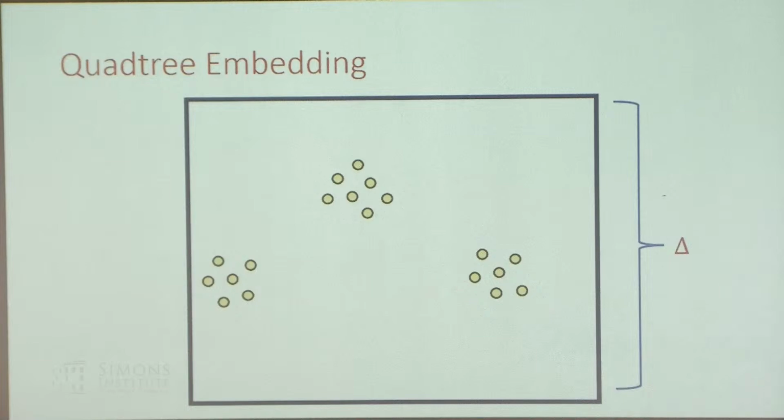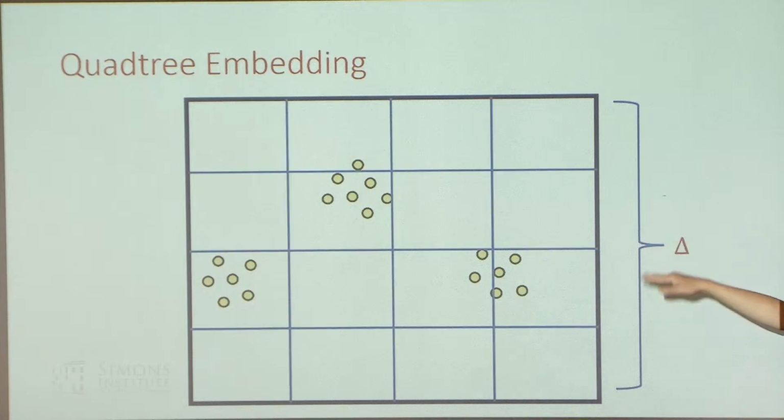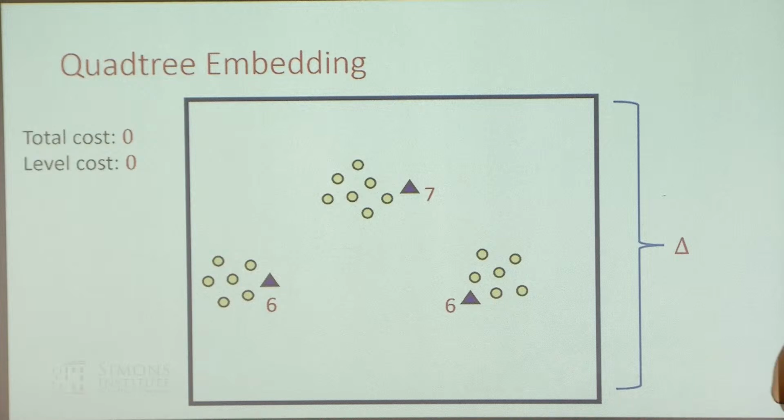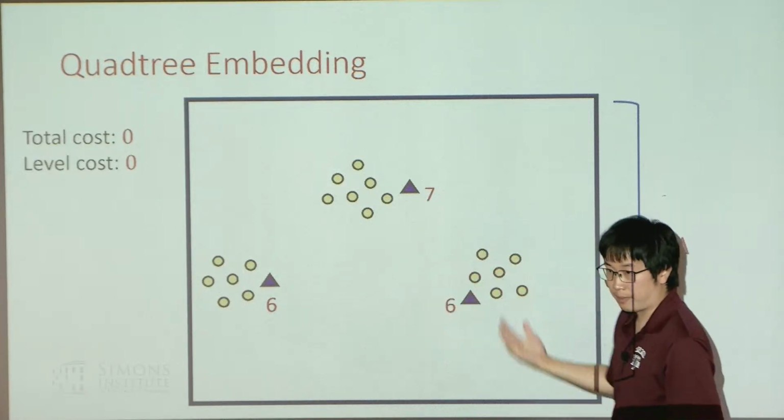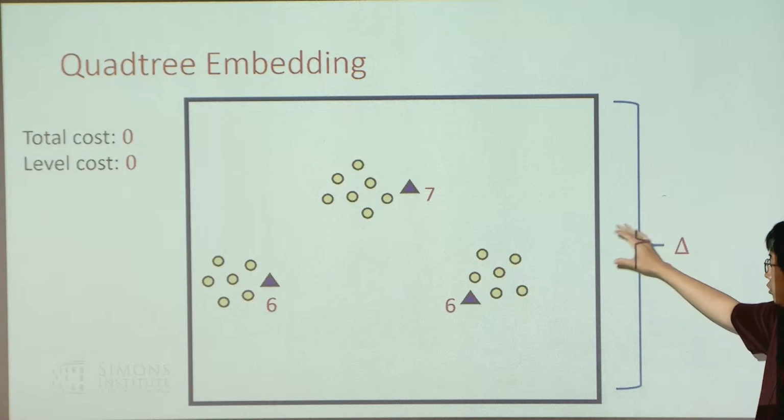So the way we do this is with a standard quad-tree embedding. If you haven't seen this before, we just throw all the points in a grid. Then we cut this grid in half, then in fourth, and so on and so forth. And then if we have a set of centers with some amount of capacity, the clustering cost induced by this